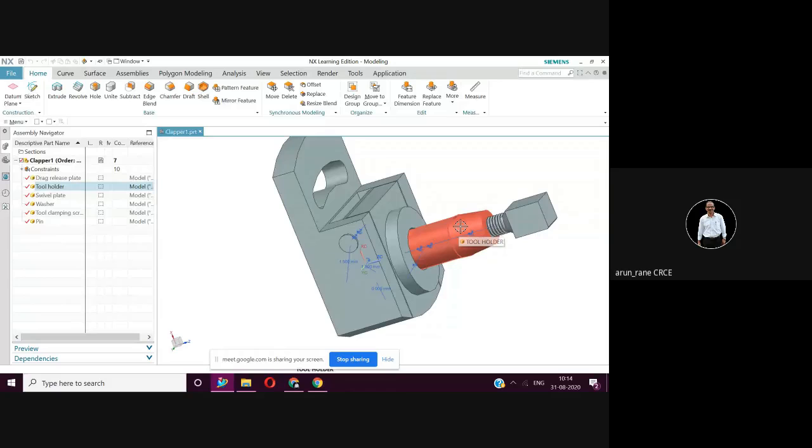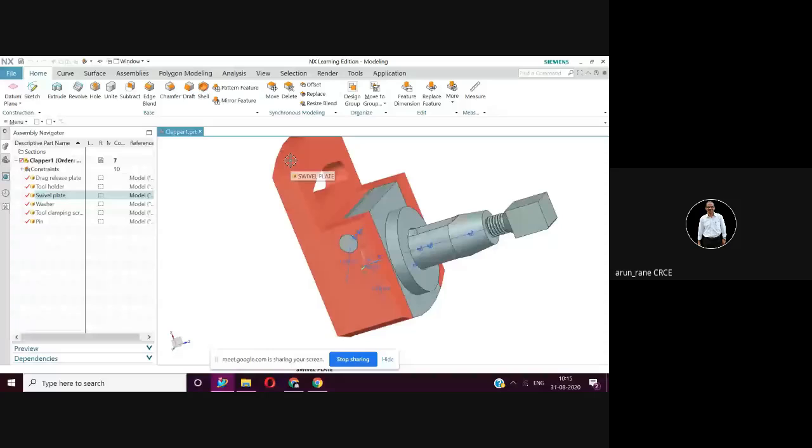In step number three, I will add the fuel plate. Again, first I will move this component appropriately in the desired direction, and then I'll apply the constraints like align, parallel, touch align, concentric, etc., to the component which I'm going to add. That is step number three.